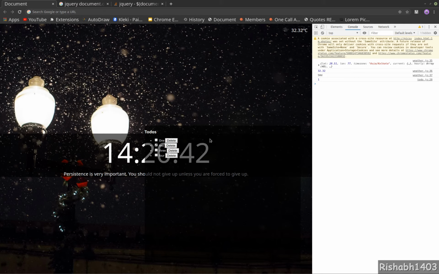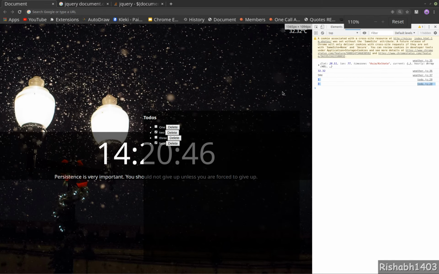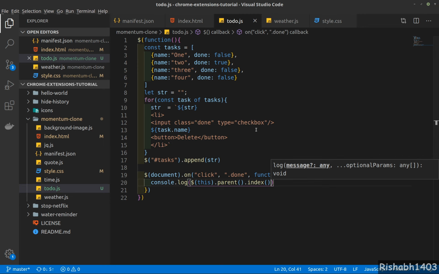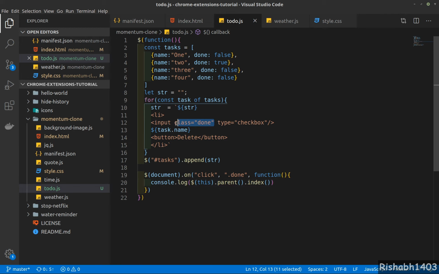As you can see, I got the index 1 in the console, here index 3, and so on. Okay, so index 2, index 0, again index 1, and so on. Okay, so this logic is working. Let's do the same thing to our button. So class delete,